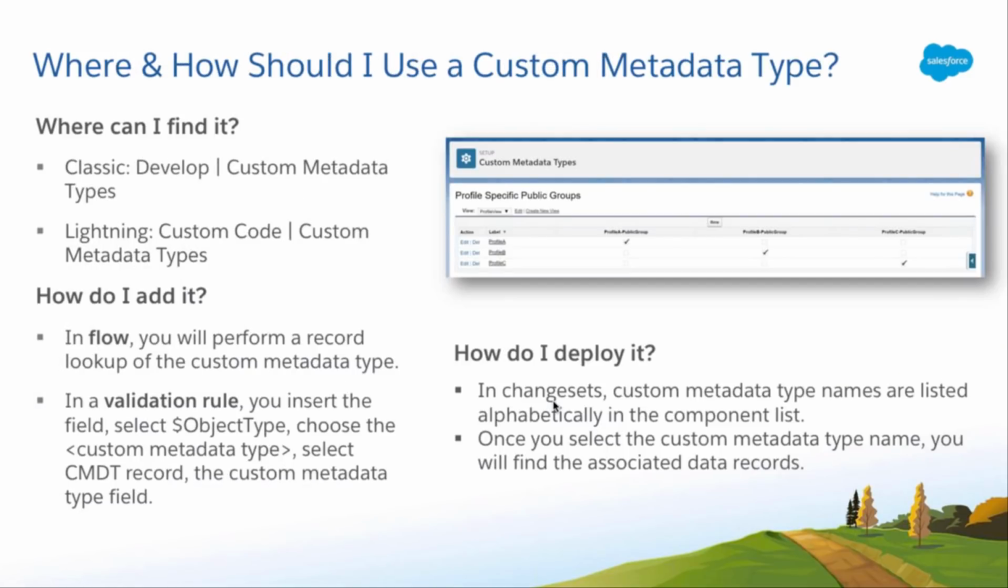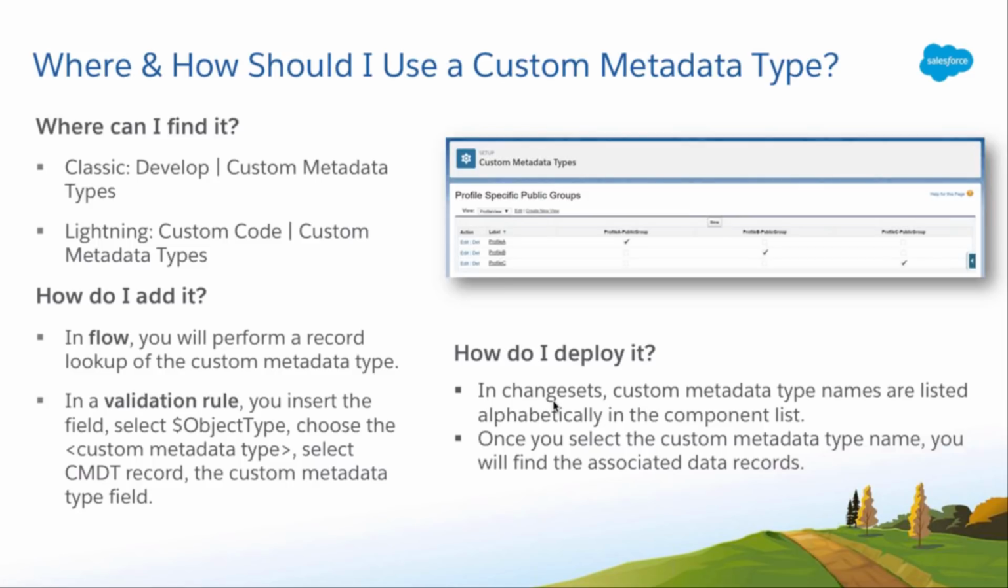All right, so where do you find it? In Setup, in Classic, you would go under Develop, Custom Metadata Types. In Lightning, it's under Custom Code, Custom Metadata Types. When in doubt, use the quick find. So in Flow, which we're going to cover off, not validation rules, in Flow, you do a record lookup for